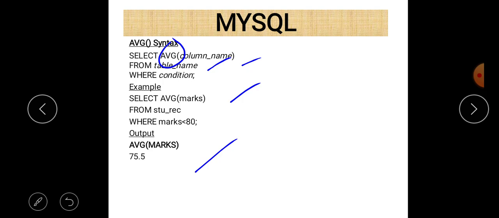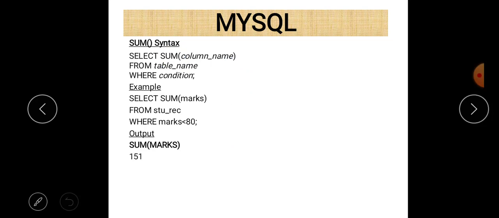So that is a float value, so that is a use of the average function. Then next is the sum function, and as the name suggests, sum basically calculates the sum or total of a particular column. The syntax is very simple: just write select, after that the name of the function, sum, in parentheses you can write the column name, from table name, and with where you can give the condition